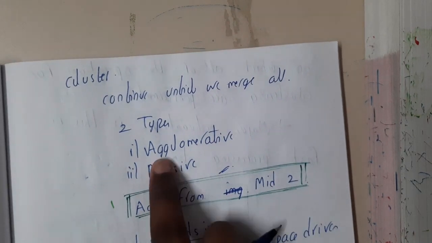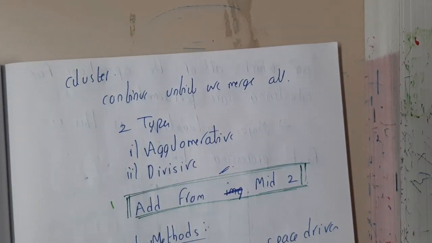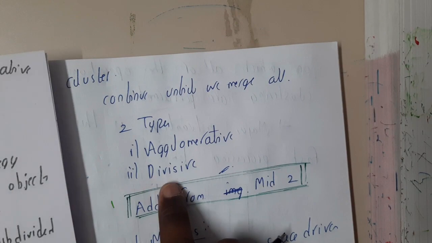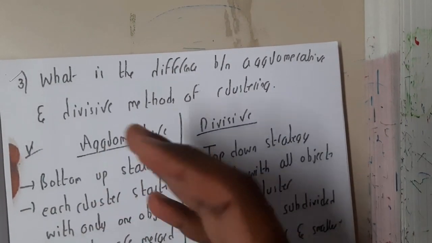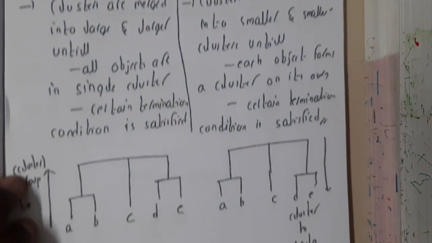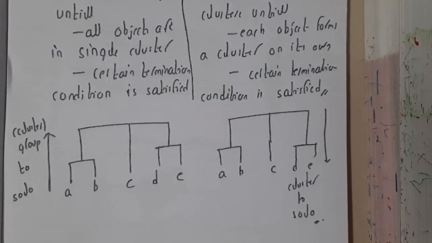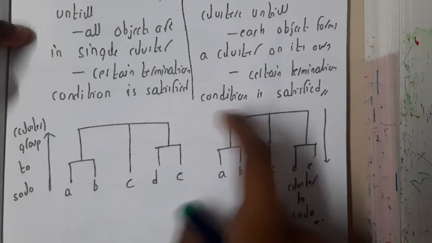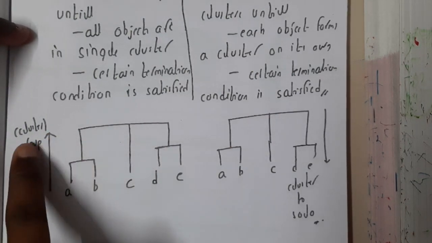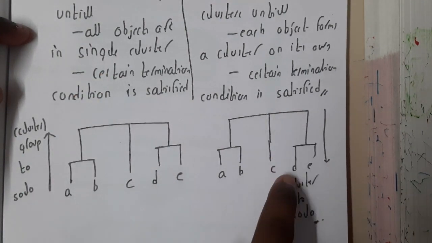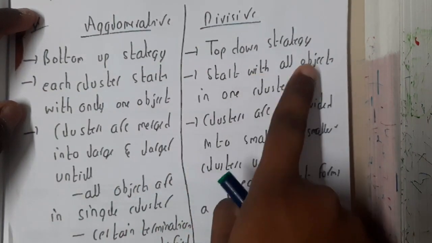The first type is agglomerative and the other one is divisive. The first type is a bottom up approach, guys. From the names only you can say. So first let us go through the example. By observing the example you will be asking, so what is the difference here? Your question will be right. The only thing is how you are going to solve this, guys. Solving from bottom to top is the first method, and top to bottom is the second method, guys. Bottom to top, top to bottom.